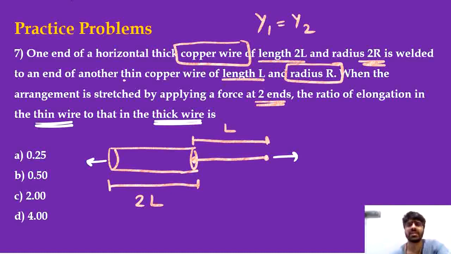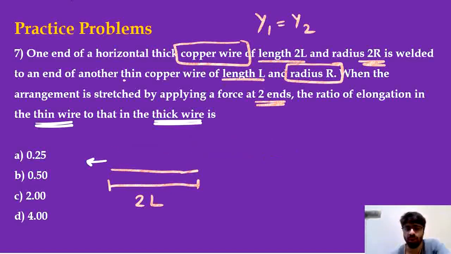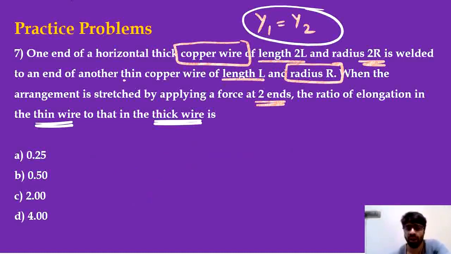You need to understand that the two wires have been connected in series. When the two wires have been connected in series, the force that you are applying on both the wires is going to be equal, and the net elongation will be the total of the two elongations. We don't need the net elongation here. All we need to understand is that because the wires are connected in series, the force applied on the first wire will be equal to force applied on the second wire. Let's rub out this diagram because it's no longer important to us. We had to start with Y1 equal to Y2.